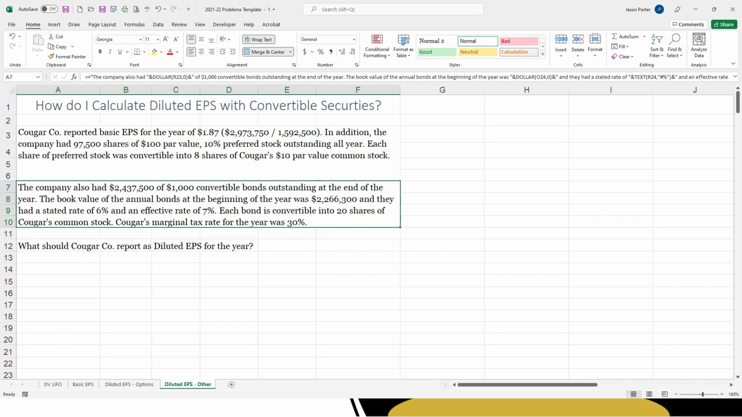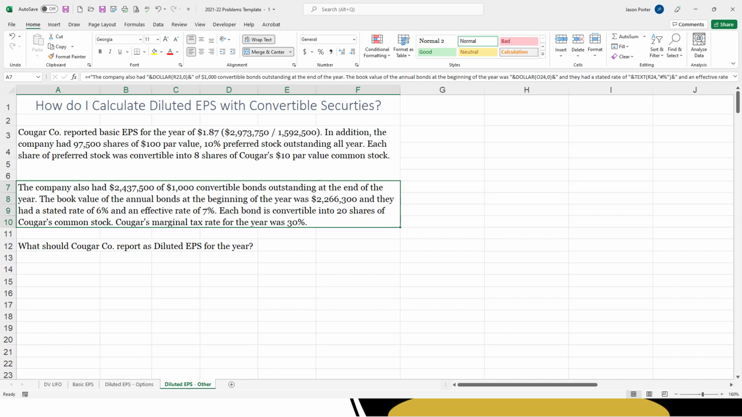In addition to this basic EPS information, they also had a set of preferred stock that was convertible. 97,500 shares of $100, 10% preferred stock. And each of those shares of preferred stock can be converted into 8 shares of Cougar's $10 par value common stock. So at any time during this year, those owners of this preferred stock could have swapped their preferred stock